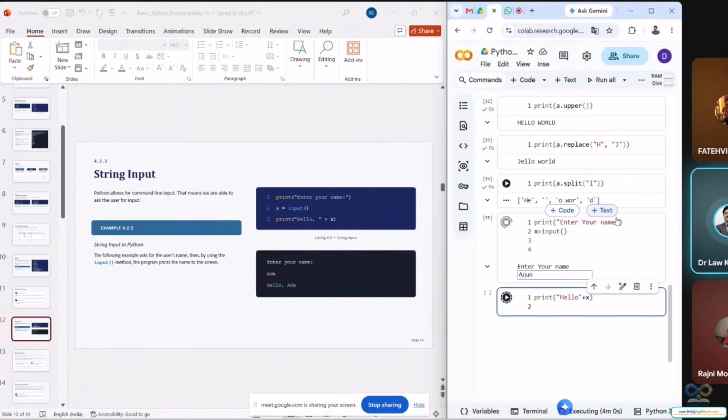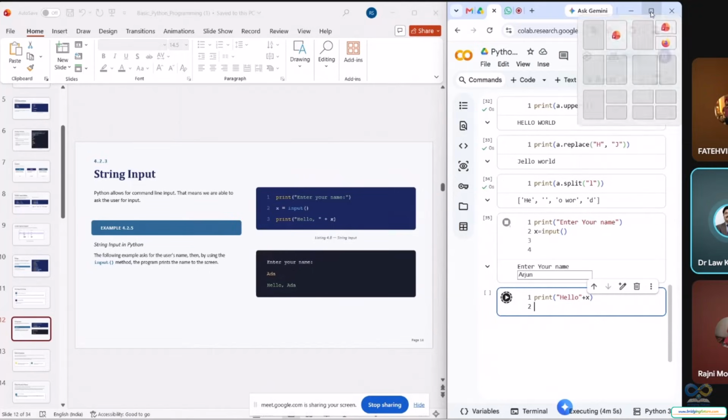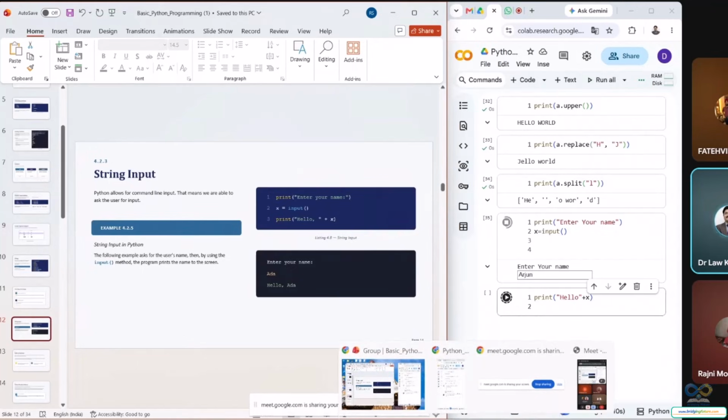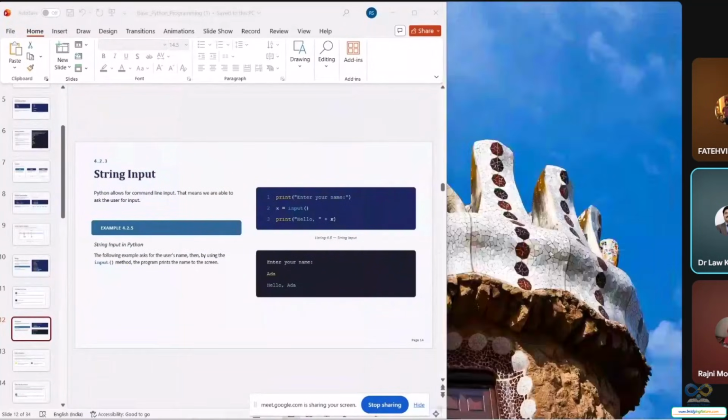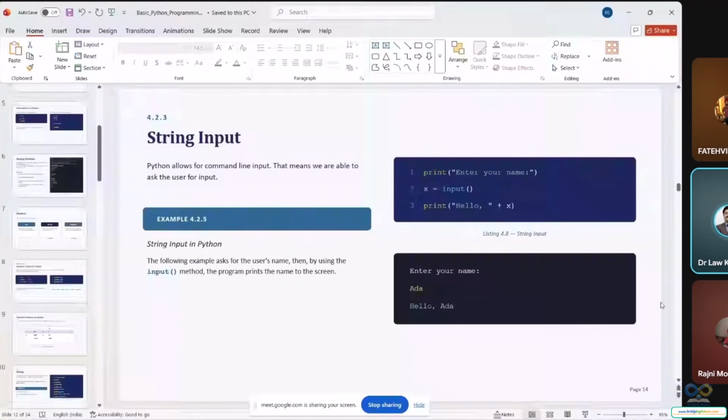तो प्लीज एवरीवन एग्जीक्यूट दिस कोड, और चैट पर आप मुझे उसकी आउटपुट सेंड करो। चैट पर मैं चेक कर रहा हूँ आपके। तो एवरीवन प्लीज एग्जीक्यूट दिस कोड and show me output slide if you have any confusion. So like the print, enter your name, x is equal to input. Okay, Jupyter notebook यूज करना आपको, and print hello plus x, and आपके पास आउटपुट क्या आया, प्लीज शो मी द आउटपुट।